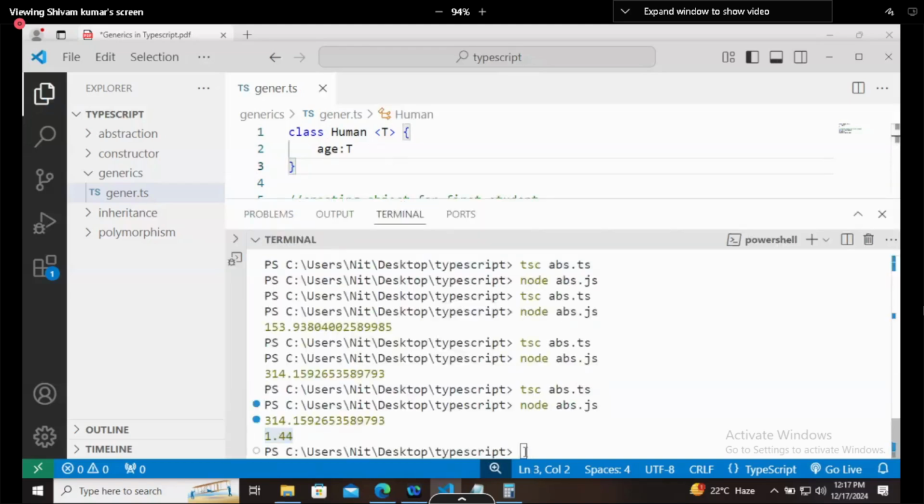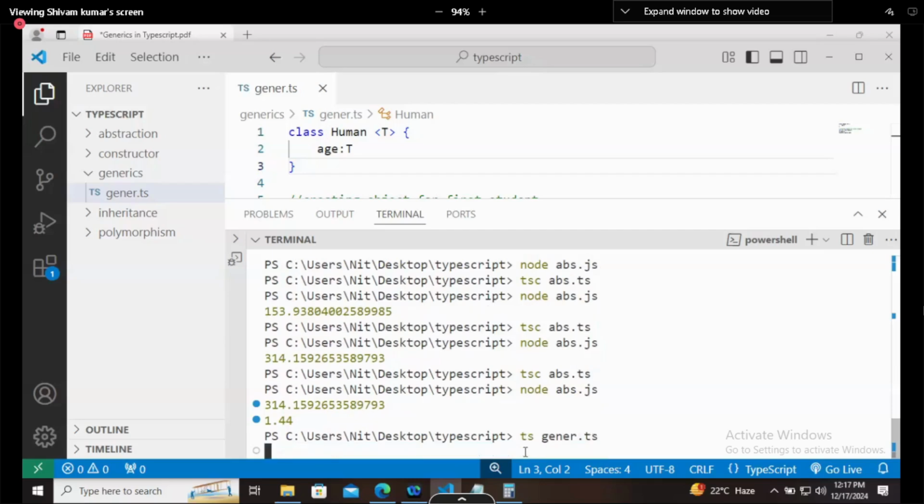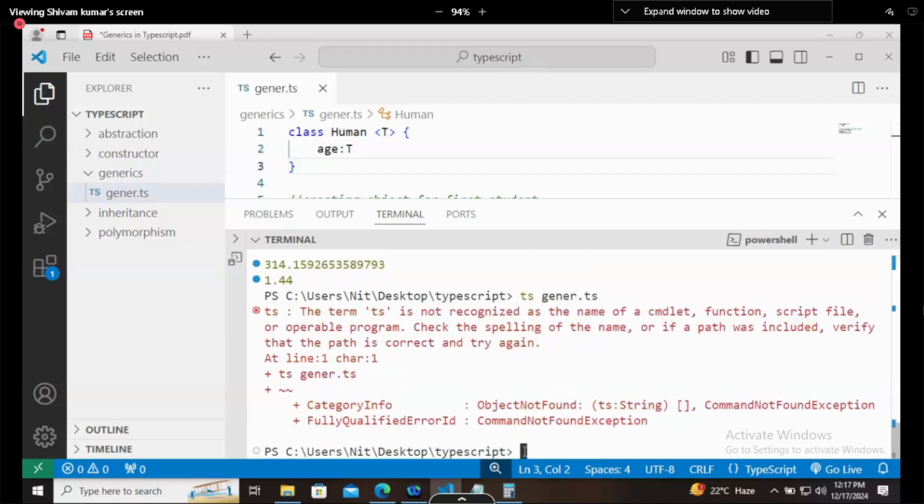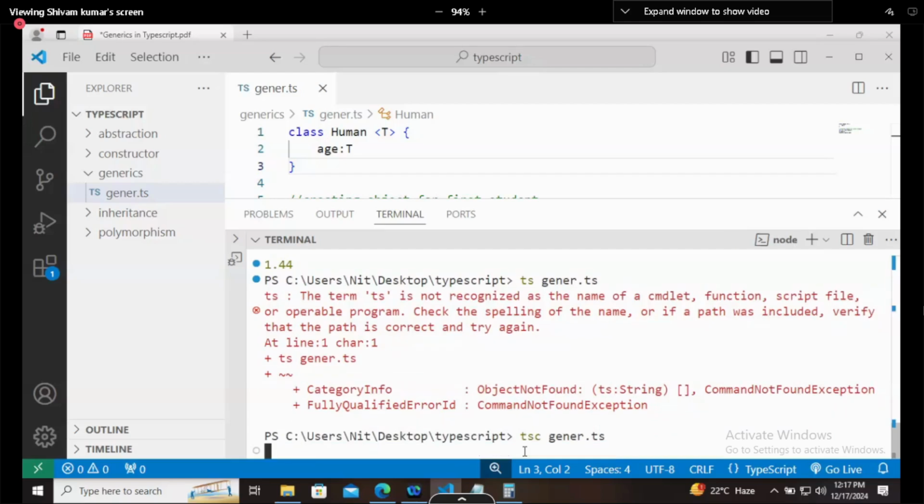We are in a new file, gener.ts. I will run tsc gener.ts, and then we have to run the JavaScript file.